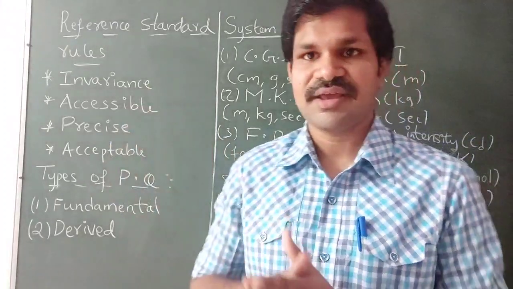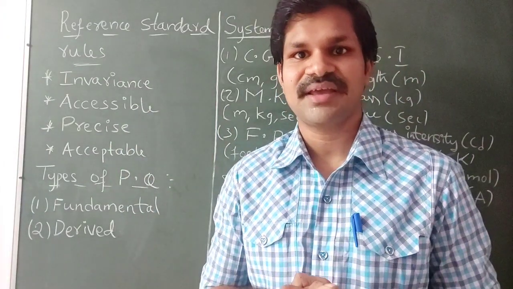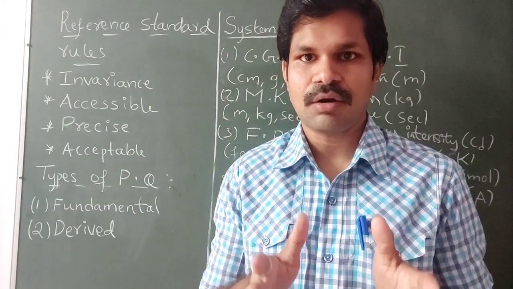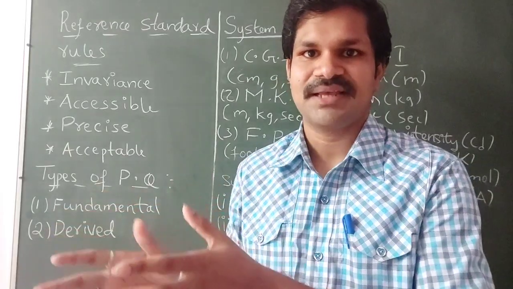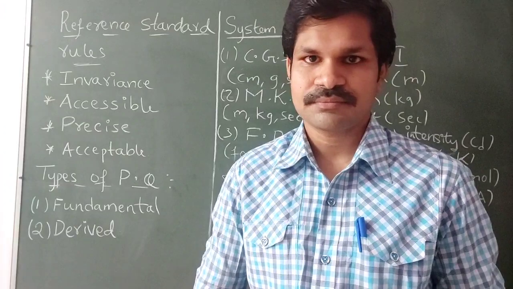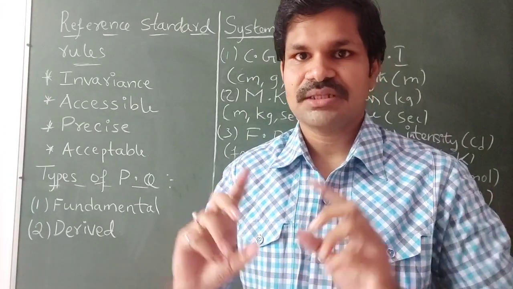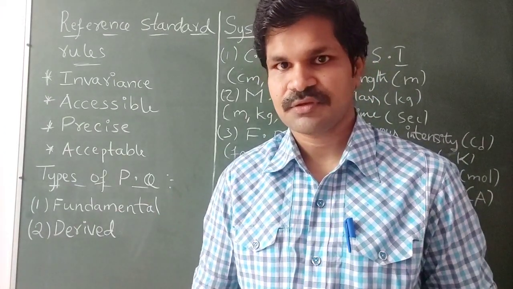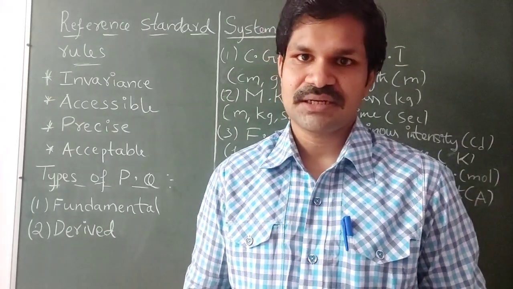So the first one is invariance. What is meant by invariance? Not varying from place to place as well as from time to time. That means if you take a unit, it must be constant throughout the universe. For example, if you consider the